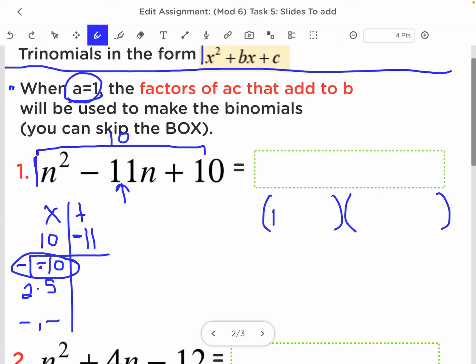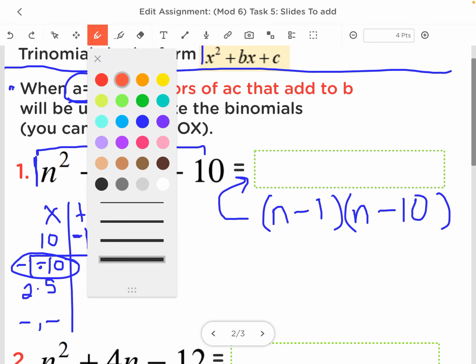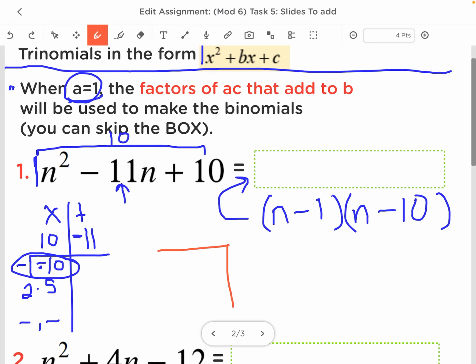When my leading coefficient is 1, it's going to be your variable here, so n, and then -1, -10. That's what you're going to type into that box. I don't have to do the box. Now, I'm going to do the box because I want you to see that it works. So if I do the box, which I don't have to do, but I want you to trust me,